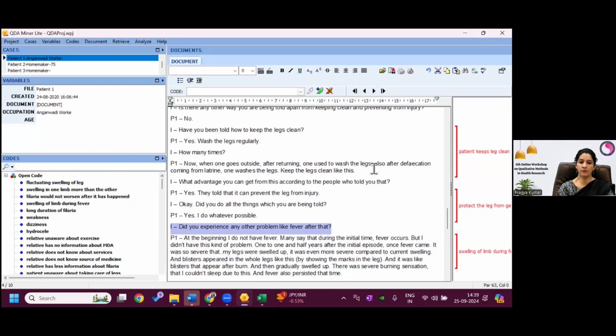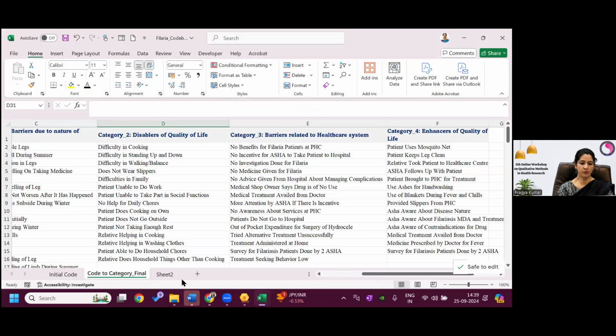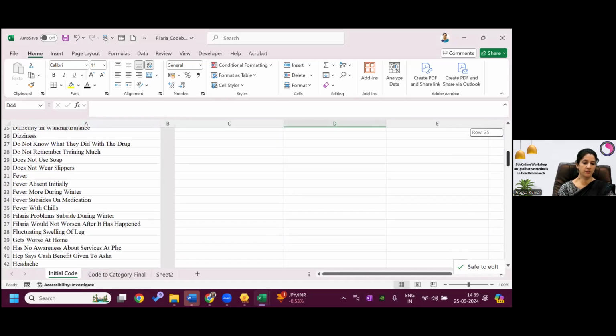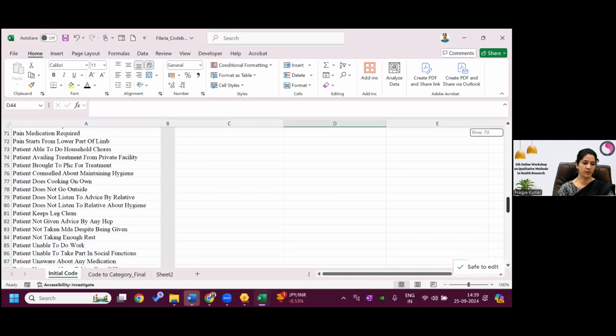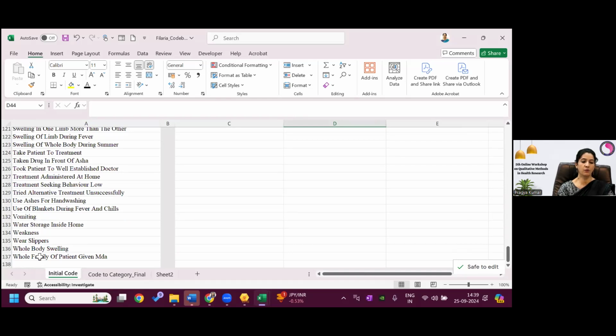Then I'll show how we have done it with the file. Can I see the chat box? Okay, Priyanka is writing yes. So you can see this was the code work. This was the initial codebook which we copy-pasted. You can see there were many, but we refined them, 137 codes. But again, we refined those codes. If you see the manuscript there, it is only the 50 refined codes.